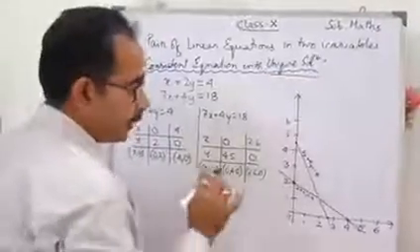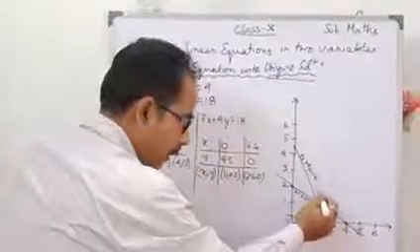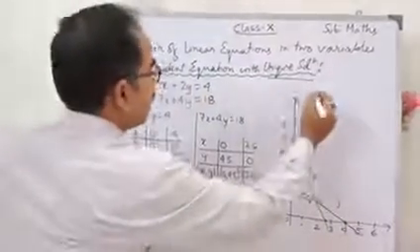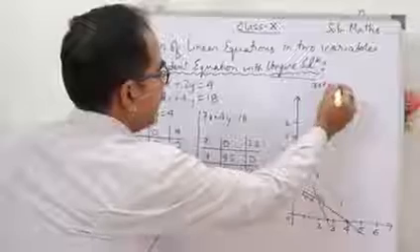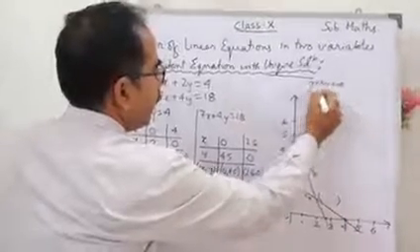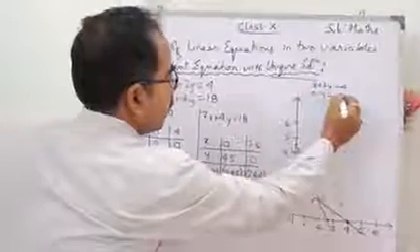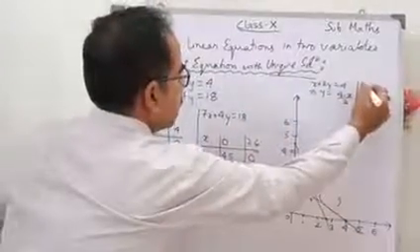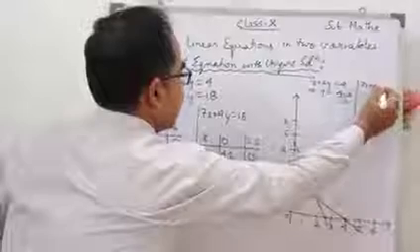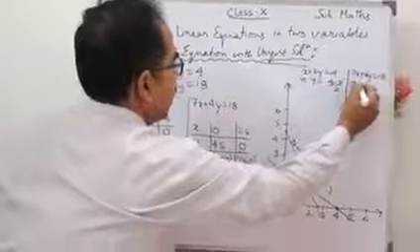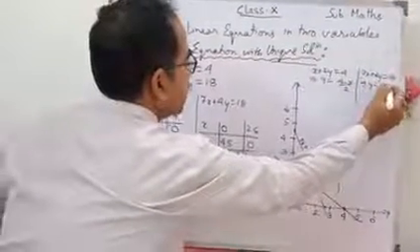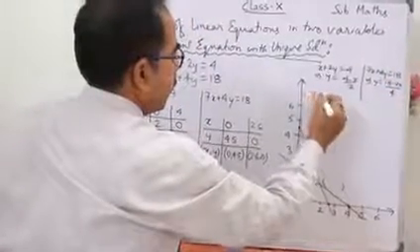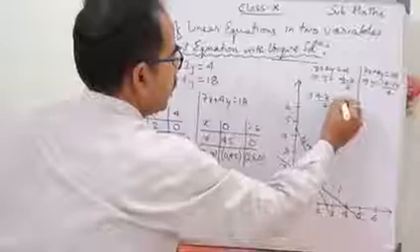Now let us find the unique solution, or this point. If I want to find out the coordinates of this point, how will you find out? So first, from the first equation, x plus 2y equal to 4. From there, if I take y, it comes 4 minus x by 2. And from the second expression, 7x plus 4y equal to 18. From there, y is coming as 18 minus 7x by 4. So now equate it. What are you getting? 4 minus x by 2 is equal to 18